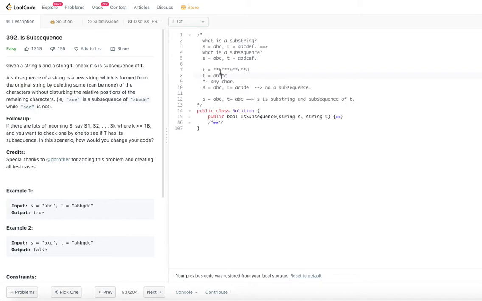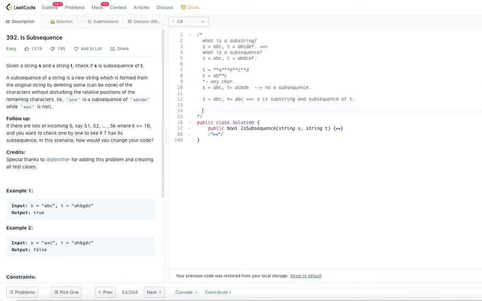So what we are trying essentially is to map whether a character in S has a match with a character in T along with the relative positioning. So let's try to work out an algorithm based on that.